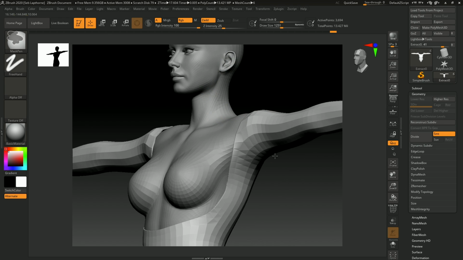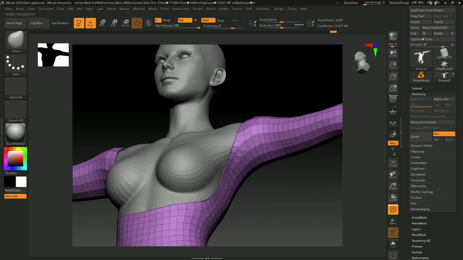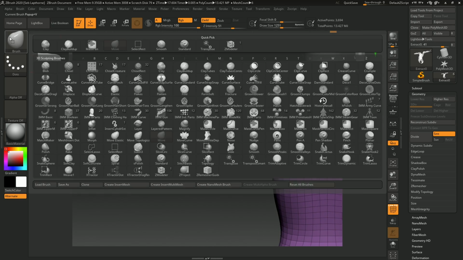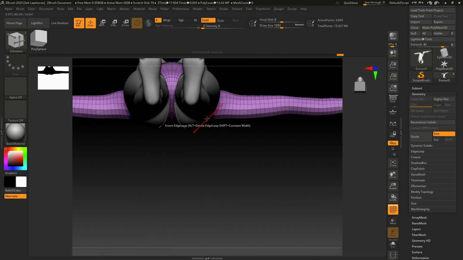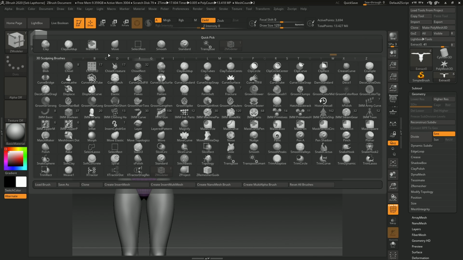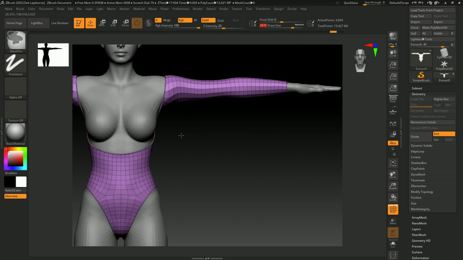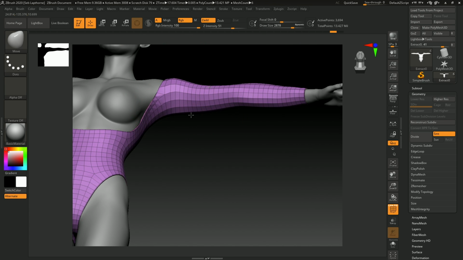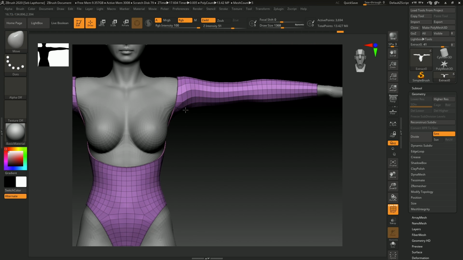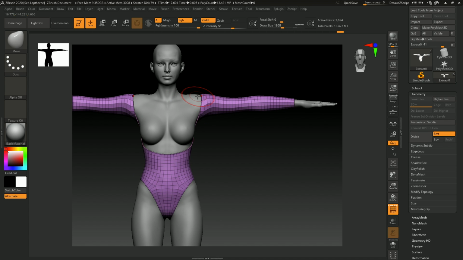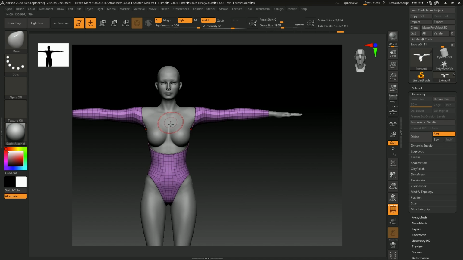So yeah, once you've done that, you'll find you've got nice edge flow. If you go to C-Modeler, where is it? If you go into insert edge loop, you've got edge loops there, edge loop, edge loop, edge loop. Using this extract tool really does save a lot of time, especially when you're not too bothered about poly count. But even if you are bothered by poly count, you do get a low amount of polys when you extract. So either way,